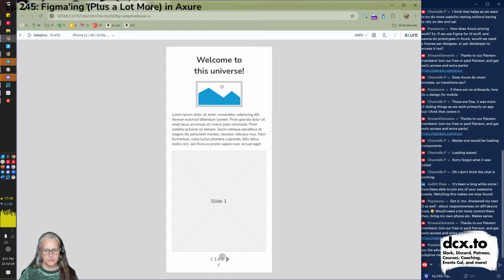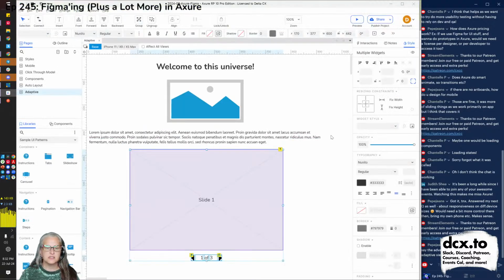But slide 2, slide 3, slide 2, slide 1. And I could also build that with swiping. I don't know if this swipes. Yep, they built it to swipe. Swipe. Swipe back. Swipe back. So you can have dynamic panels in your adaptive views because a dynamic panel is just an Axure element.